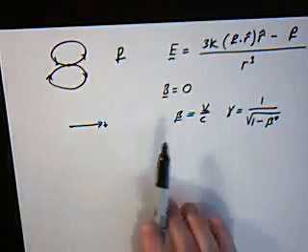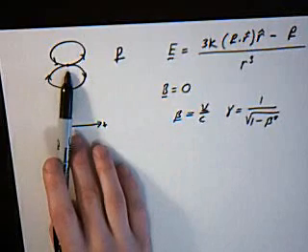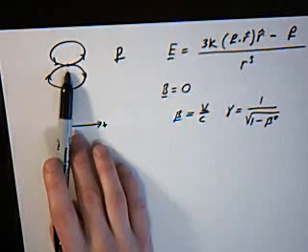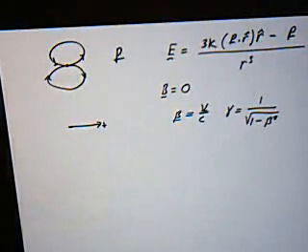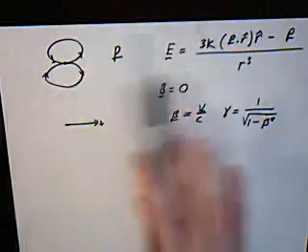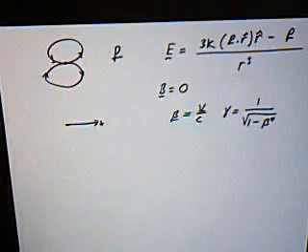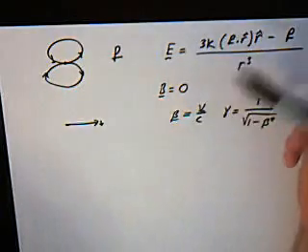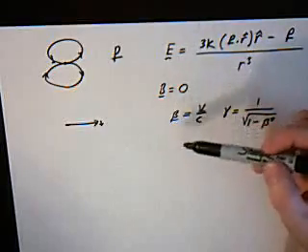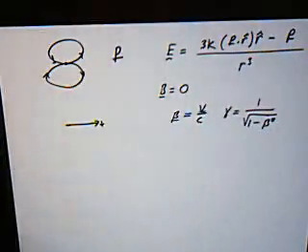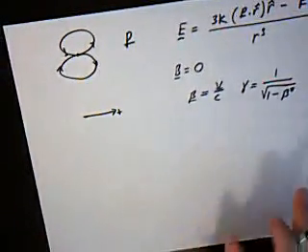Now what I'm going to do is sort of a trick here, but I want beta to actually point in the direction that I perceive the dipole to be moving. Right, which I want it to look like it's moving to the right. So I'm transforming to a reference frame that's moving to the left. So to get the signs to work out right, I'm actually going to do as if it's minus beta for the transformation, since I'm transforming to the opposite direction that I think I am. I know that's kind of confusing, but anyway,